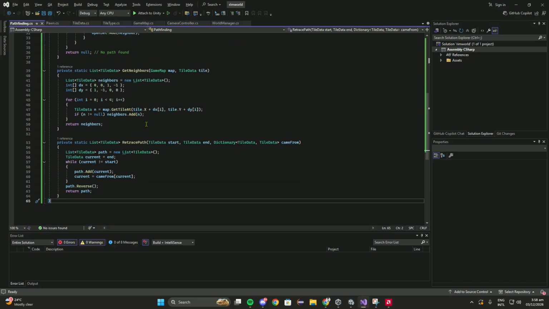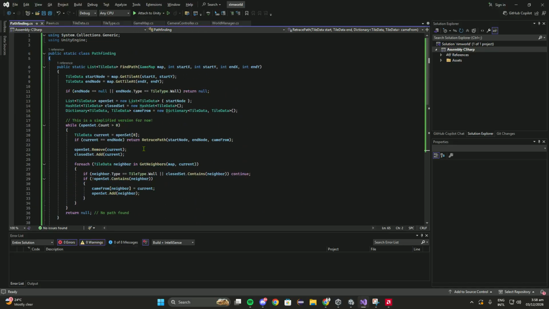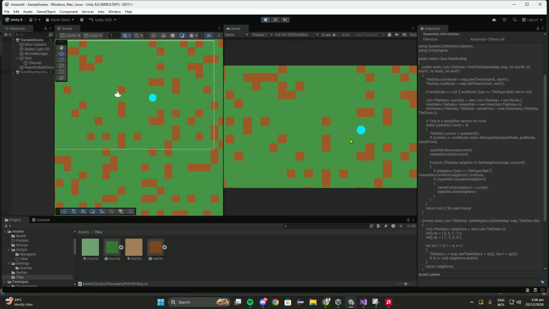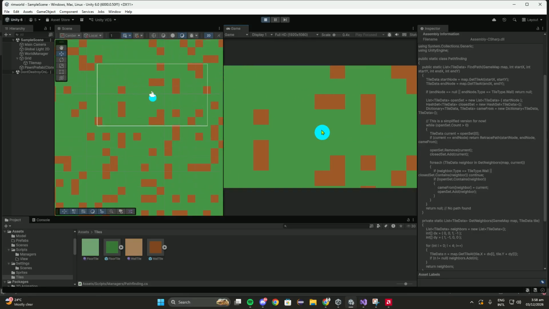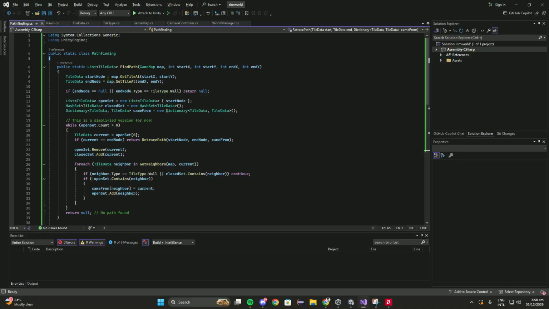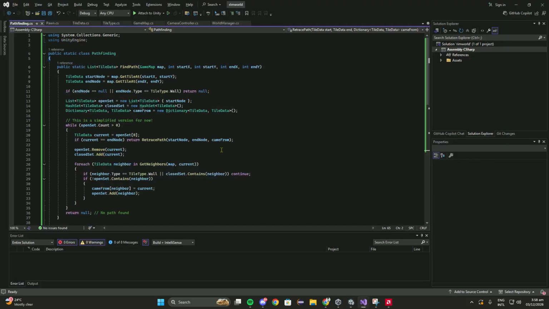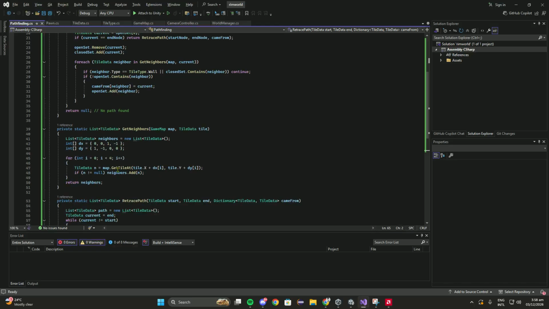So this is the algorithm. This is the start and the end. The start is where Bob is, and the end is where you clicked. He will find the shortest path there using this algorithm.